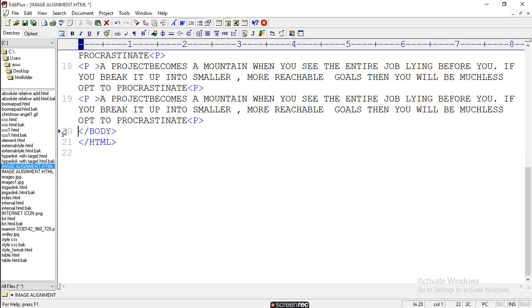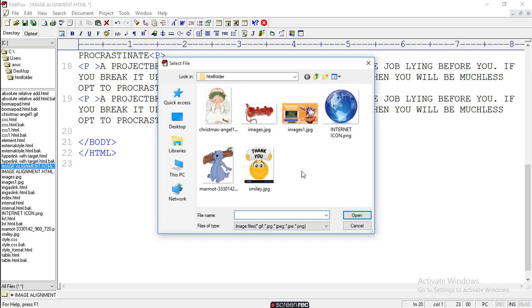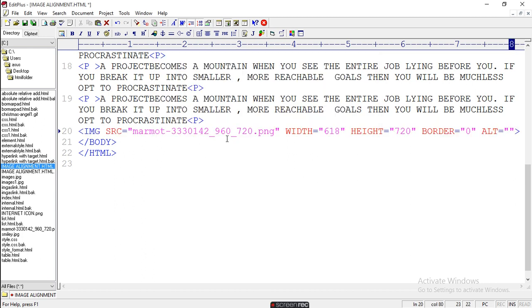It's set absolute or relative, taking the image from a folder. So here you take another image. Suppose you want this one, open, then you will get the image.